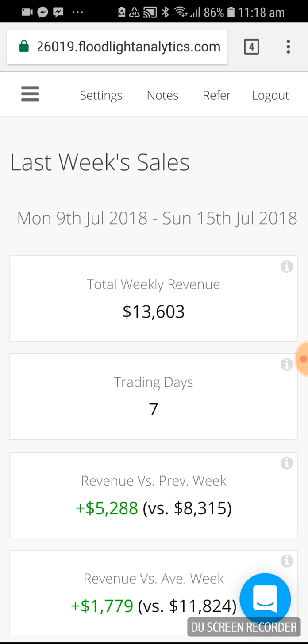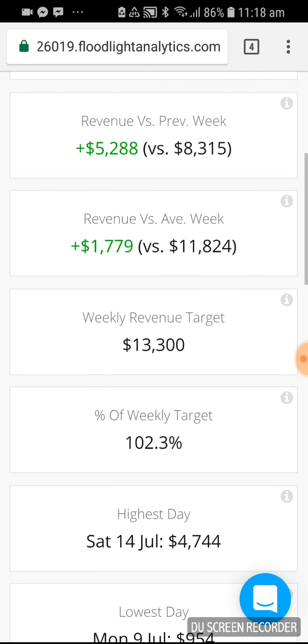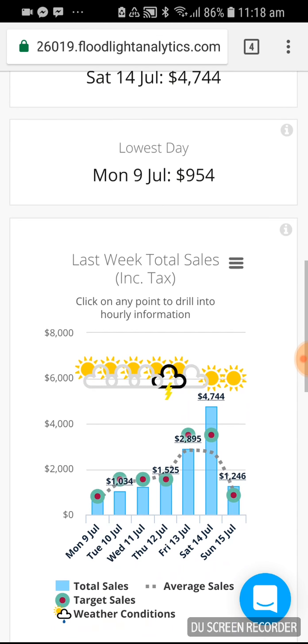Click on here, and it gives you the total weekly revenue versus the previous week. Obviously, when you're up, it's in green. When you're down, it's in red. Just a real quick, easy view. Again, weather over the week